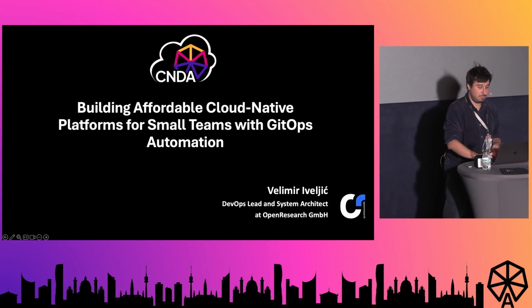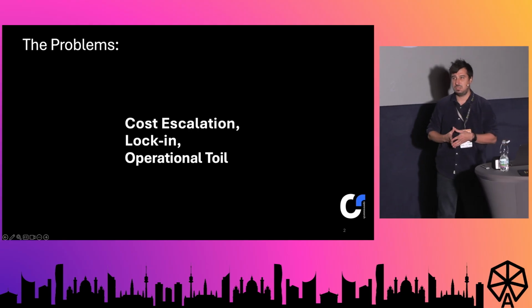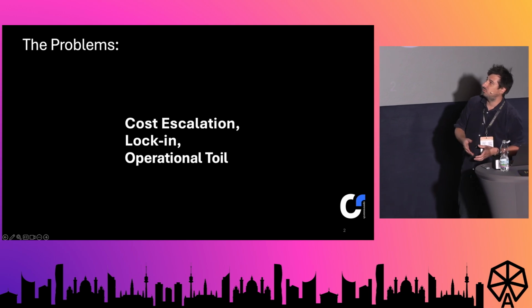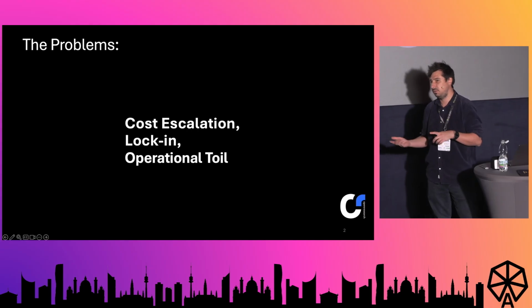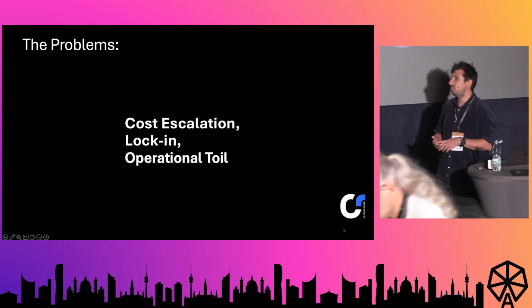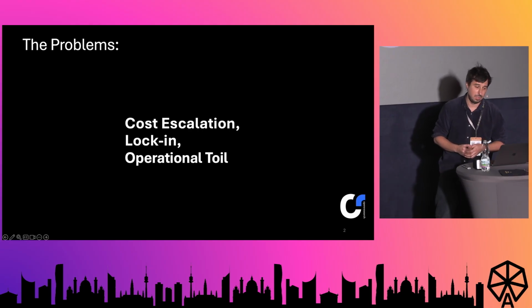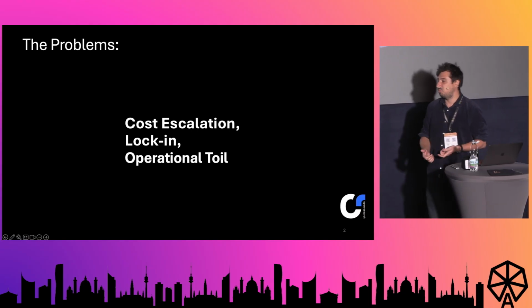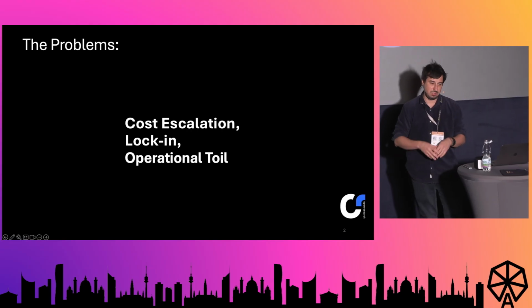So first off, the problems that we encountered right from the start were these three. First one was cost escalation, because if you want to do this in a big cloud provider like AWS, Azure, or Google, the costs just escalate overnight, and it's hard to justify this to the management or the organization. Second problem is the lock-in. You build your platform in AWS, you want to move somewhere else because of costs or whatever reason, you need to do it,